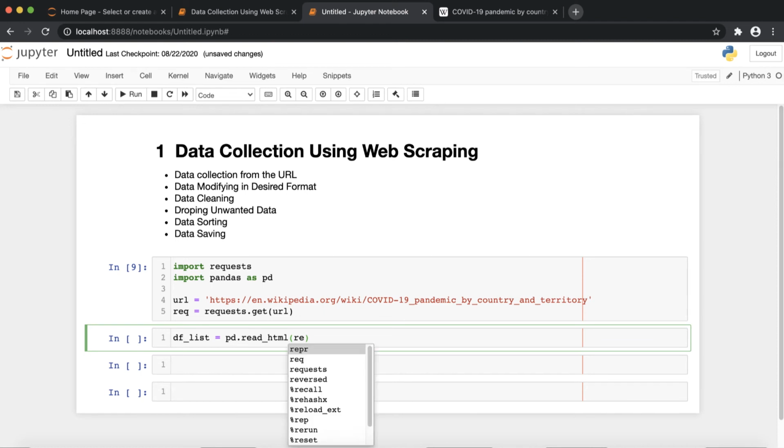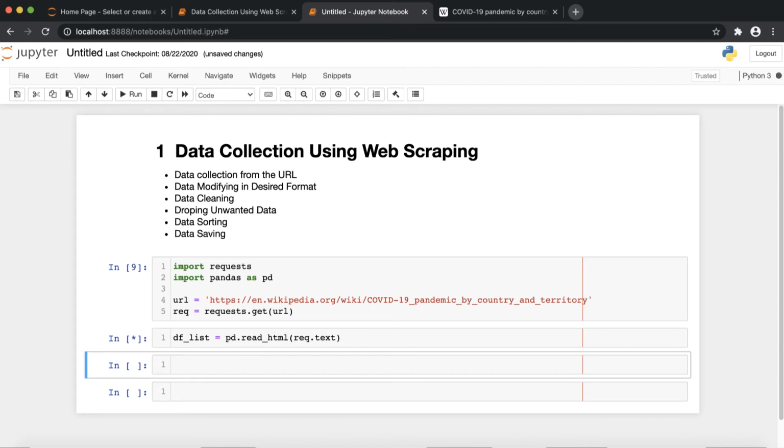We need to read the text of whatever data we fetched from the Wikipedia site. Apart from text, you can have other parameters like headers, but we are interested in the text. By executing this line, the data will be stored in one list, df_list.